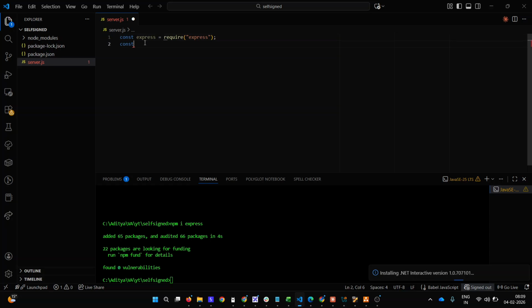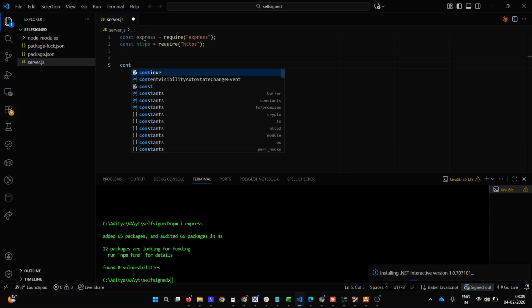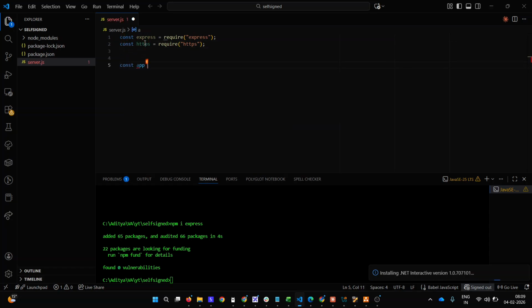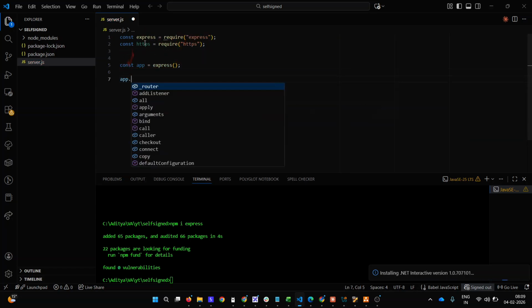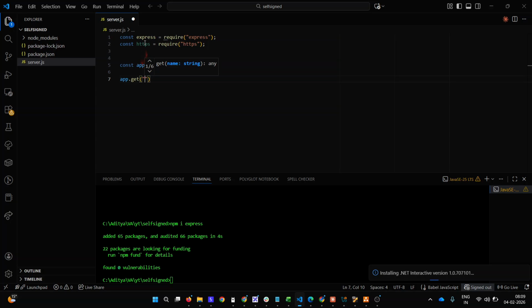That's it. And we can just use https from https, and we will initialize this app variable with express, and we can just serve some simple content